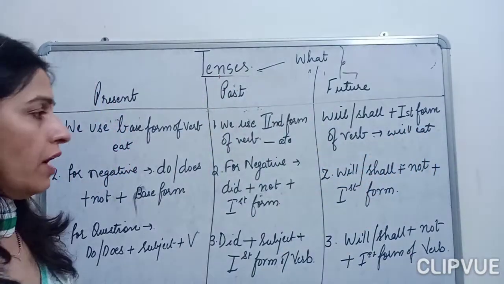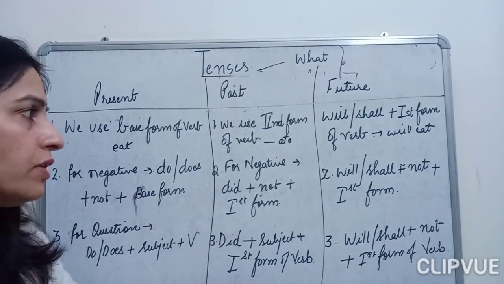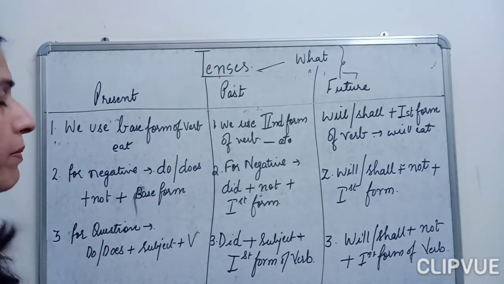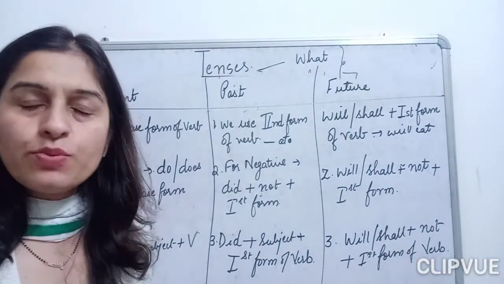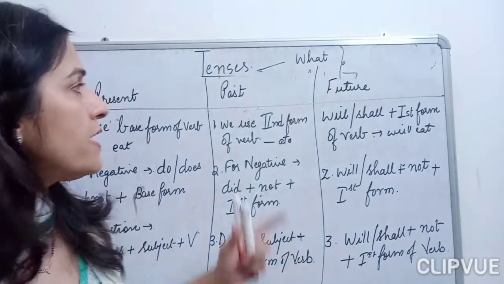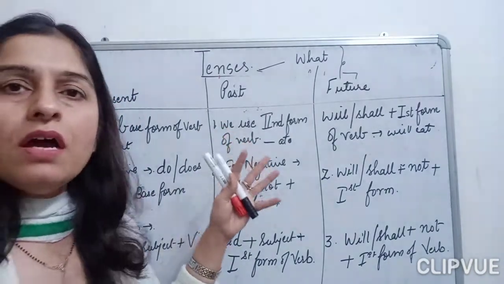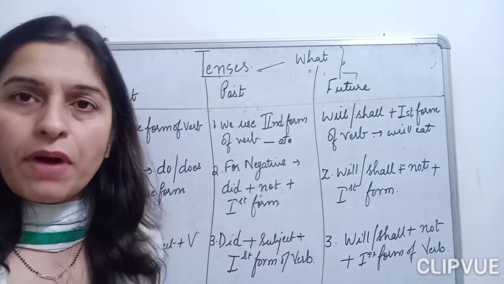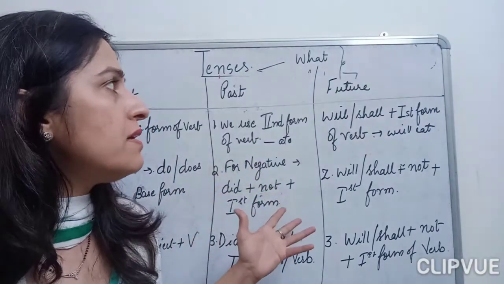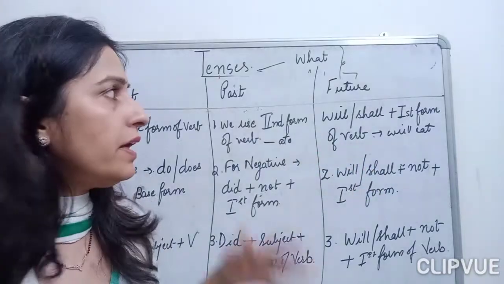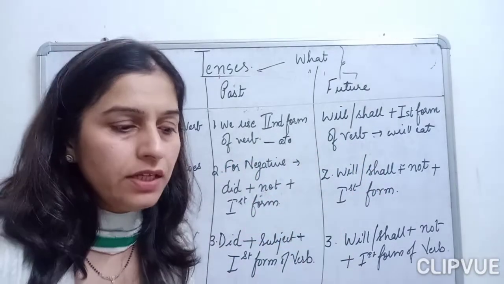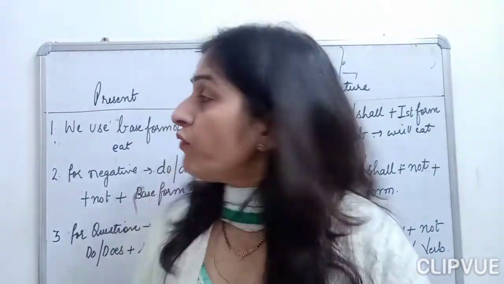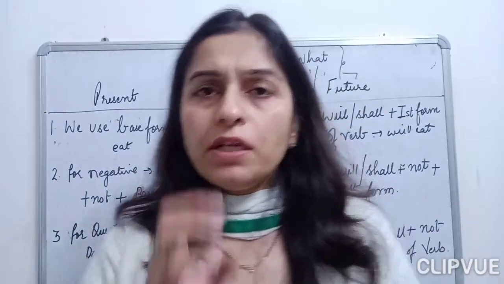Now, by the end of this video, children, I'll just explain to you more about the present tense as well, where to use the present tense. Because for the past, we know that when we are talking about any action that is done in the past, we use past tense. And future is when we are indicating that any action we will do in the future, it tells us about the future tense. Now, for the present tense, children, there are 2-3